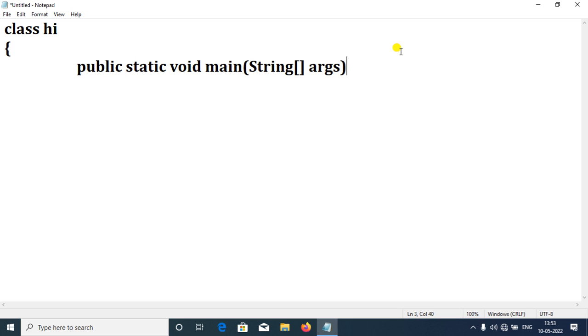Here public is the access specifier, which means this void main method is visible to all, so that it can be accessed from anywhere, from whichever class we want. For other methods we must create an object, but for void main we need not create an object, because for this reason we have written the static keyword.